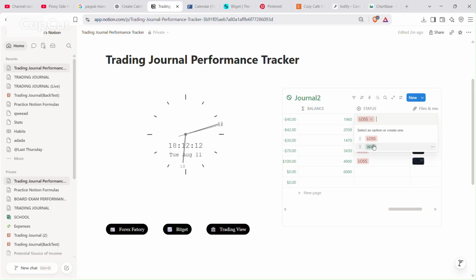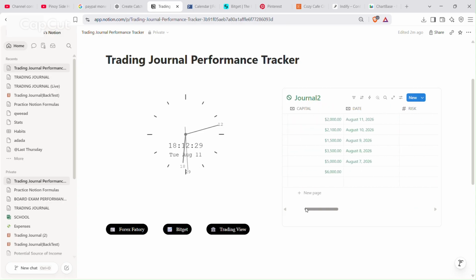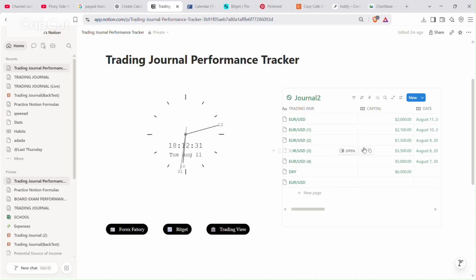Then you can set the status of your trade, if it is a win or lose, and you can configure that one. And the balance also changes depending on the status. So that is how it works.